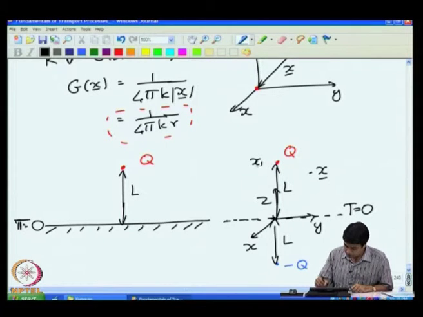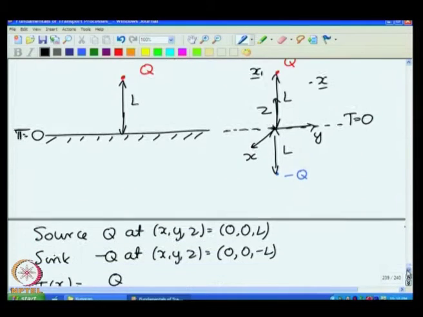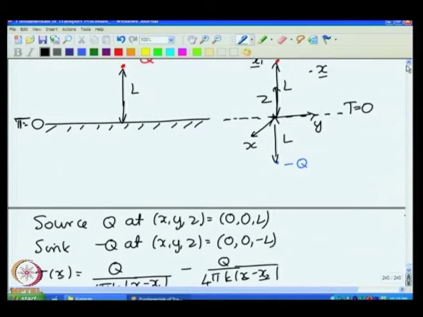Where x1 is the location of the source, and there is an additional contribution due to the sink, which is minus q by 4 pi k into x minus x2, where x2 is the location of the sink. So, this is the temperature field in the second configuration, but as I said, the temperature field in the